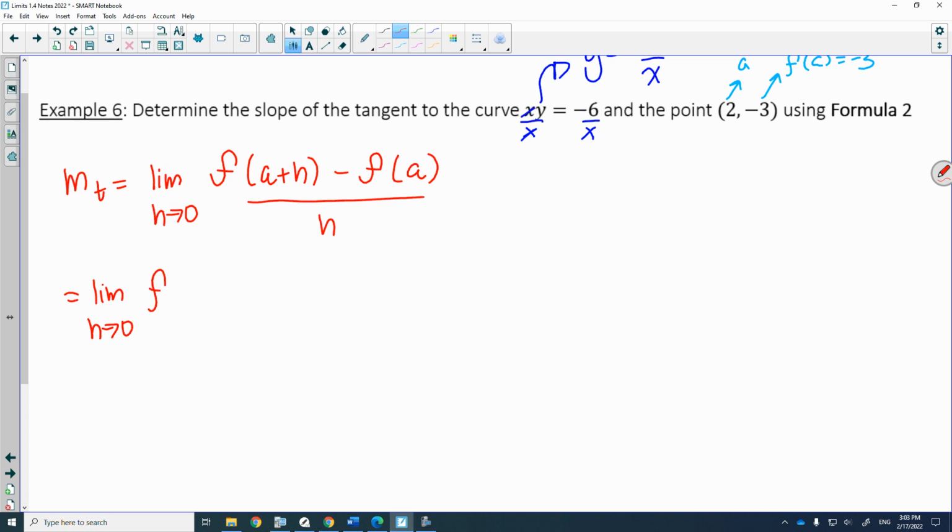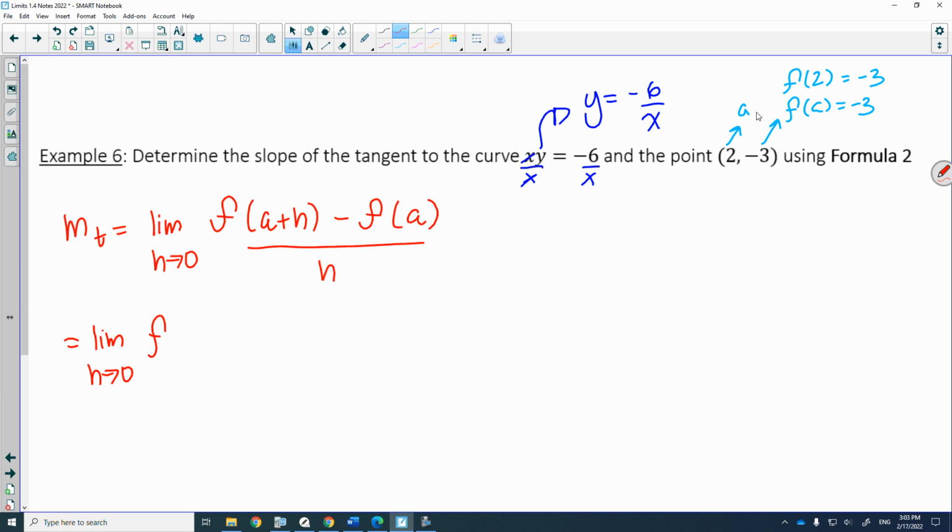Now remember for this, I know what the value of a is. A is 2. So I'm going to rewrite this again, and I'm going to just input 2 for a. So f of 2 plus h minus f of 2 all over h. Once you get to this step,